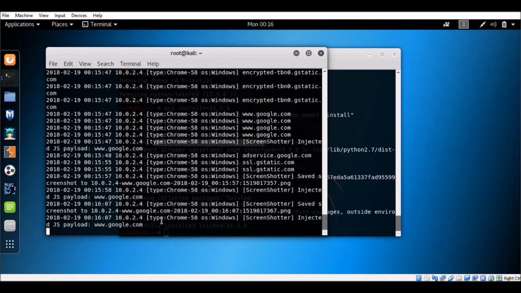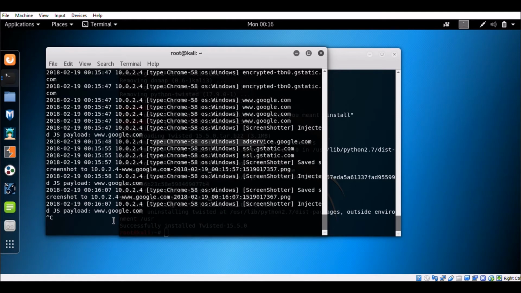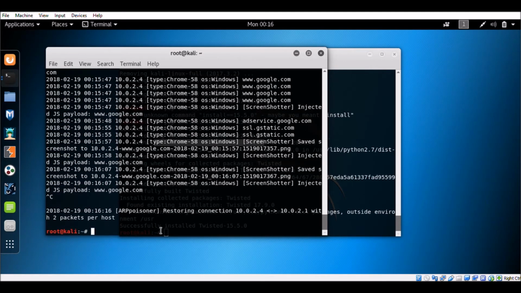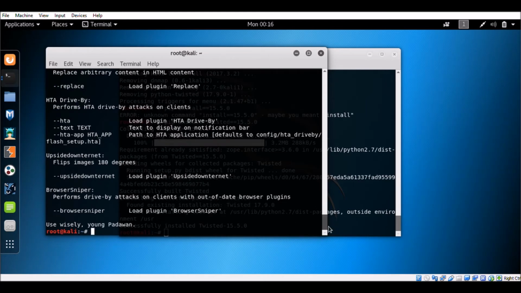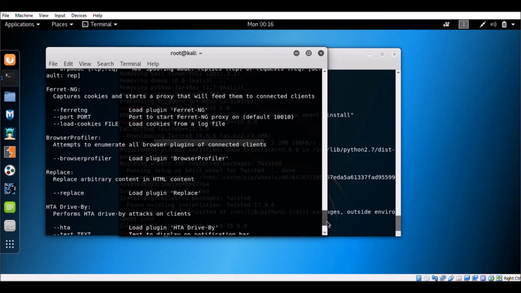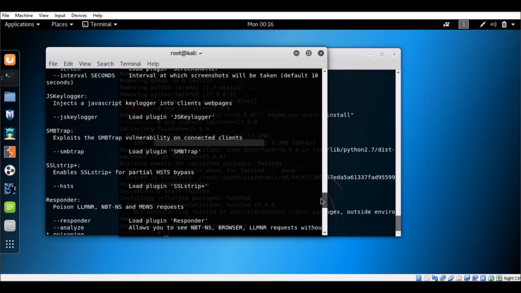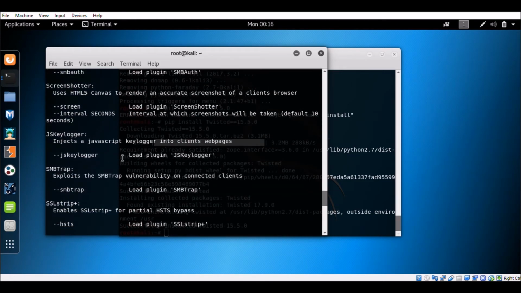Now that we know that this works, we're going to interrupt the service and we're going to look for the keylogger command within the man-in-the-middle framework. So we're looking for it. There it is. For the keylogger, it is the same exact thing as for the screenshotter. After the interface, you just have to put this command that you see right here, and it will start the